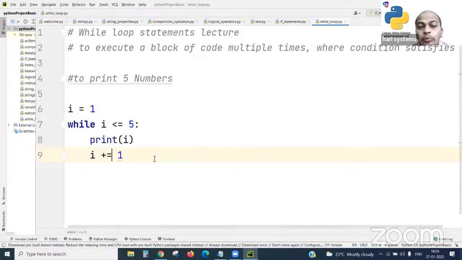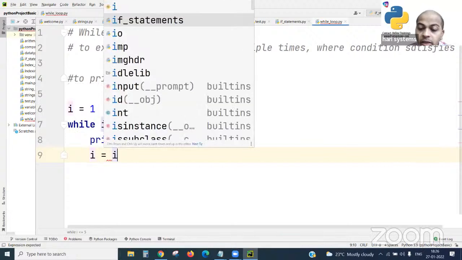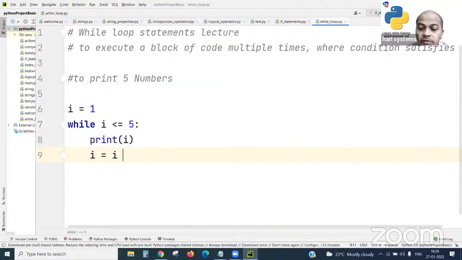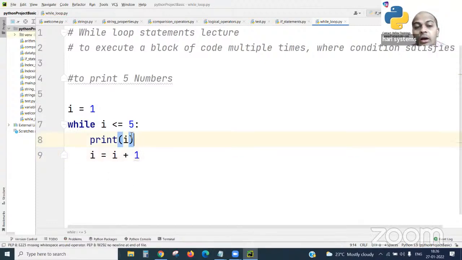Okay, or else you may put i plus plus also. See, so many ways for writing these things. i plus plus is also possible. Maybe in here it is not accepting. So as a beginner you can always write i equal to i plus 1. You try to practice. What happens here while entering into the loop statement?